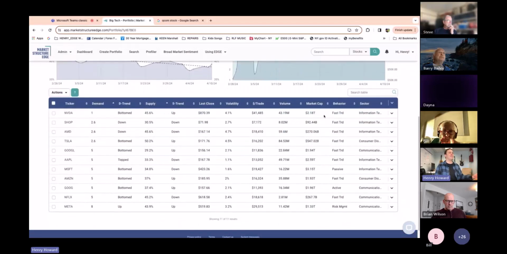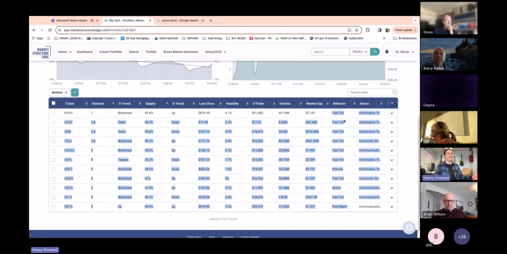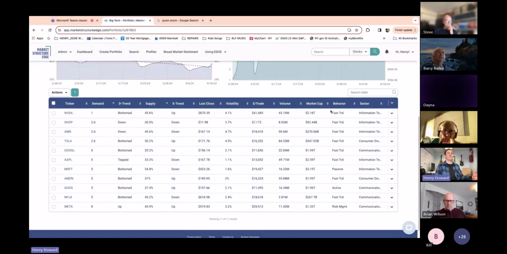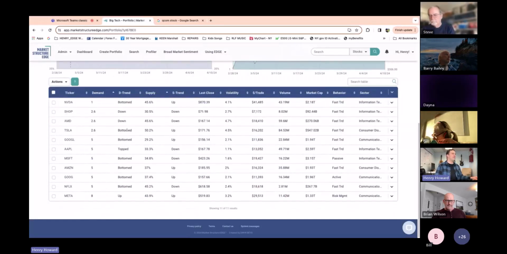And then I'm going down here, and one of the things that I really like to watch, Brian mentioned it yesterday, is what do you see in behaviors? We see a lot of fast trading. That's machines who are setting prices. They don't want to own stocks for longer than a day. They're simply finding prices, finding liquidity. And when we see this take place, we can have some expectation of the moves that we've seen pre-market in the last few days. Again, I'm going to look at supply right here on all these big names.